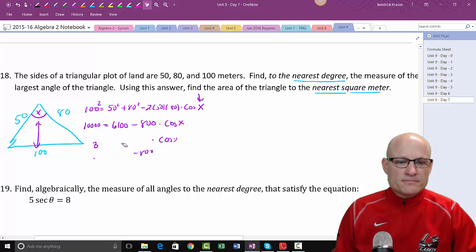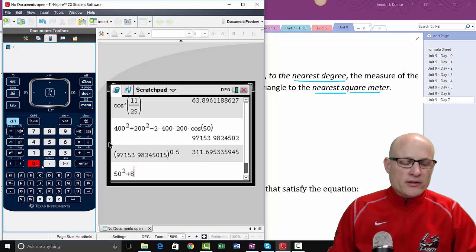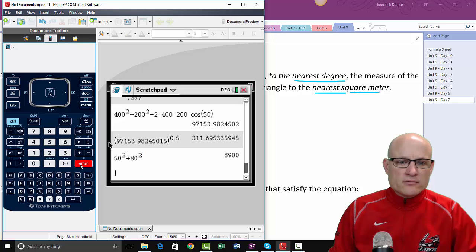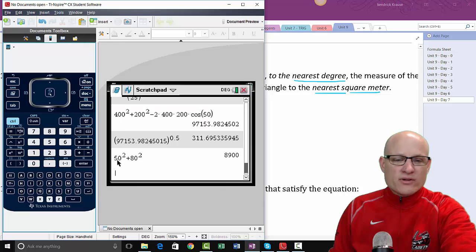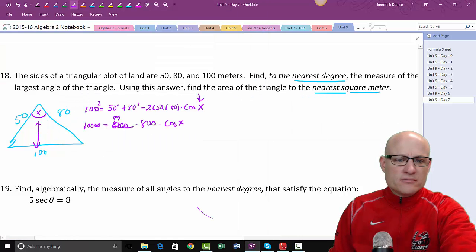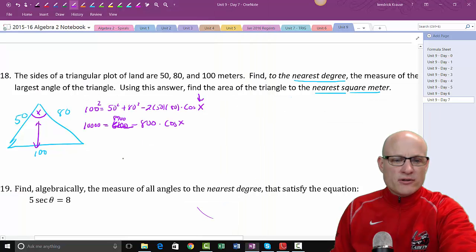Something's not right, children. Maybe I shouldn't be doing this much math in my head. 50 squared plus 80 squared. 2,500. Oh, it's 80. What did I do? Oh, I did 80. So what is that? 8,900. So 10,000 minus 1,100. So I get 1,100